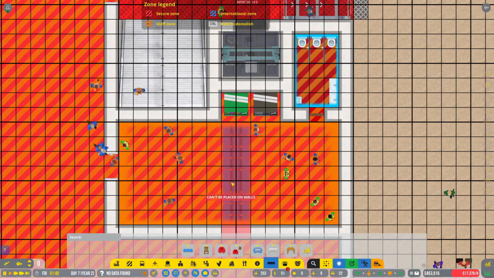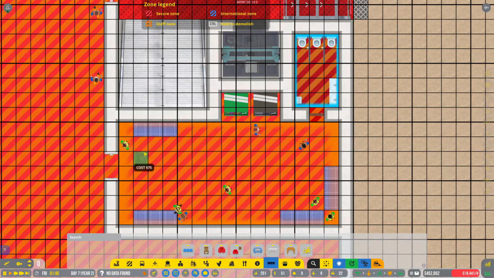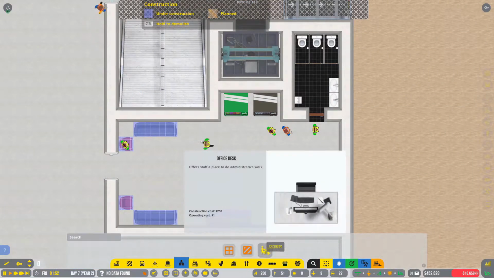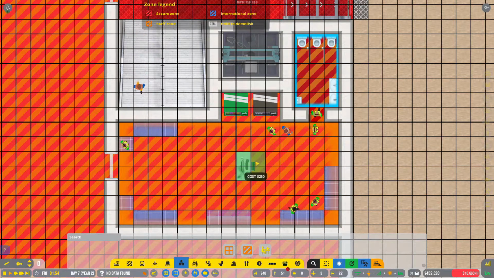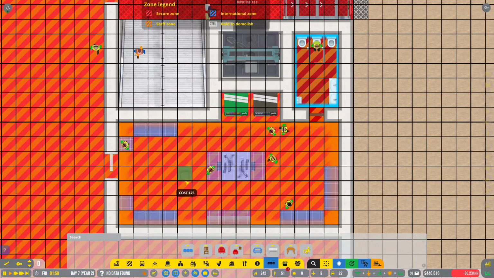Contractors room, or not contractors, ramp agents. Let's get some cozy sofas. I'll put one of these laptop tables in just because I can. I'm also going to put two office desks in because sometimes they like to jump on them. I don't know, we'll see. Put some more chairs in. Okay, I think